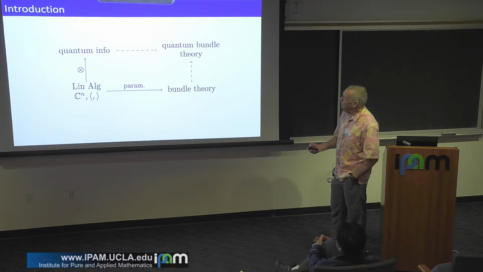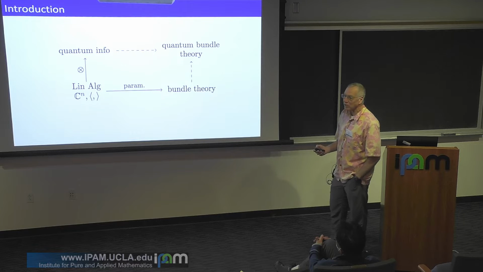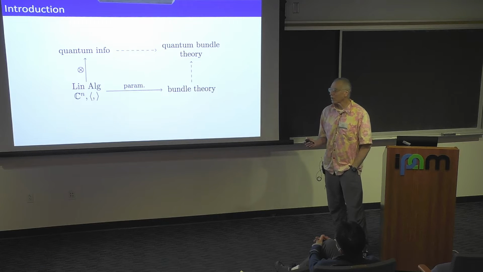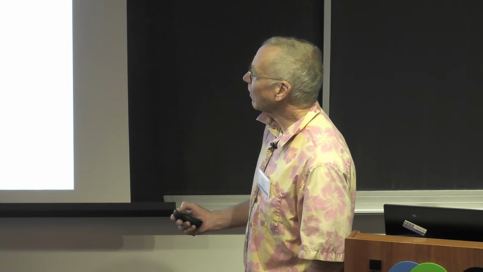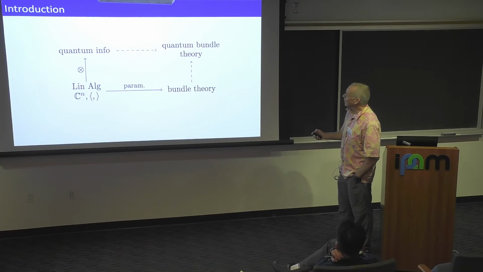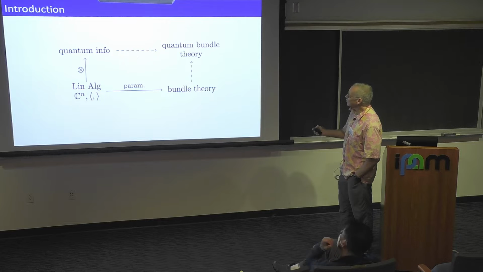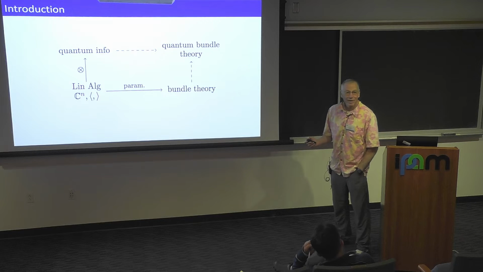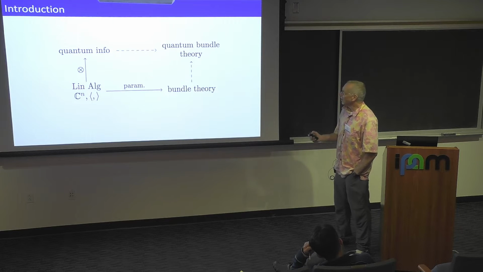Then there's an orthogonal generalization of linear algebra when you put tensor structures on the vector spaces. So you have a vector space, and part of it is controlled by Allison, and some part is controlled by Bob and Claire. And that's sort of the science of quantum information. And our thought was, as mathematicians, we like the push-out diagram. Shouldn't there be a theory that has both tensor products and parameters?